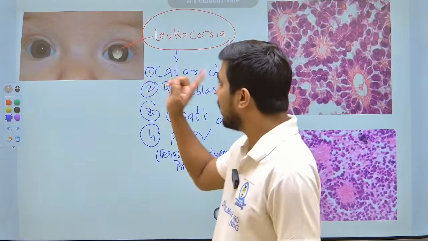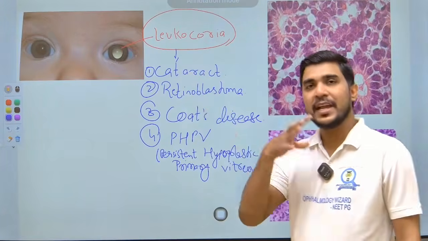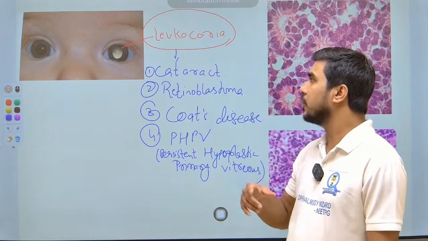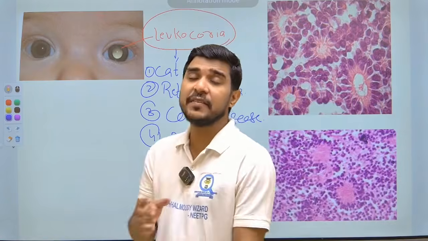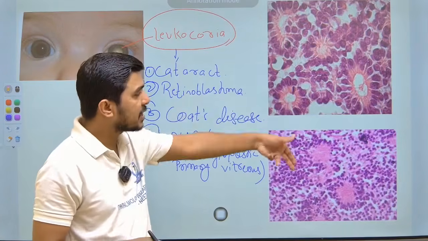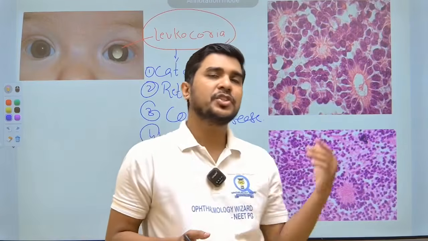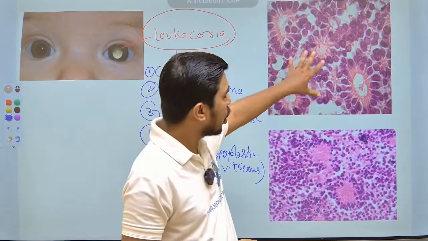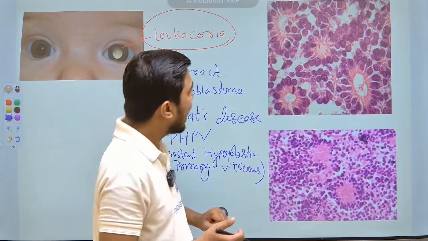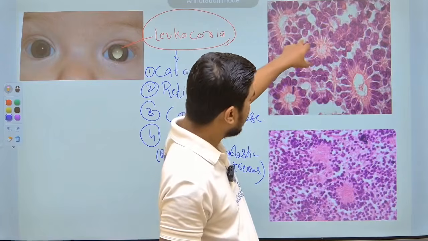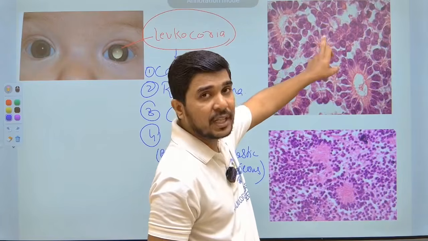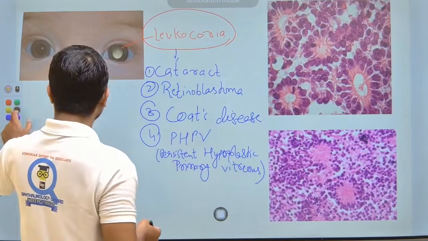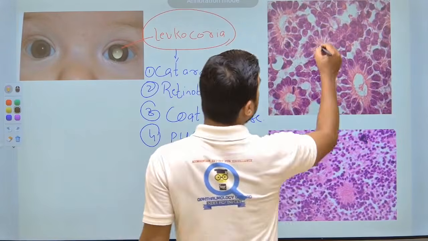So looking at the image of this leukocoria, you can deduce it can be because of cataract, congenital cataract, or other things. But if they are giving such a history, like a previous history of some tumor, then you can remember that. What is this histopathology? As you can see, if you look carefully, there is the nucleus all around with an empty lumen, then the diagnosis of this condition,